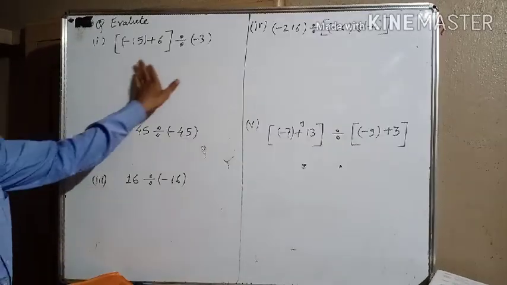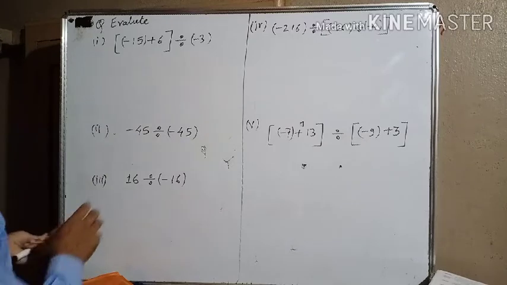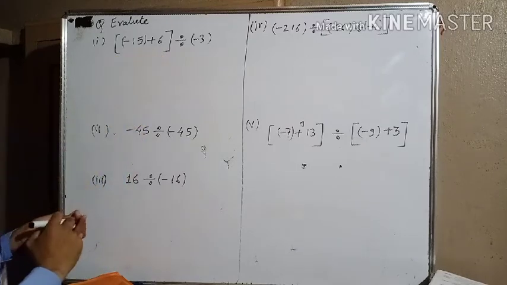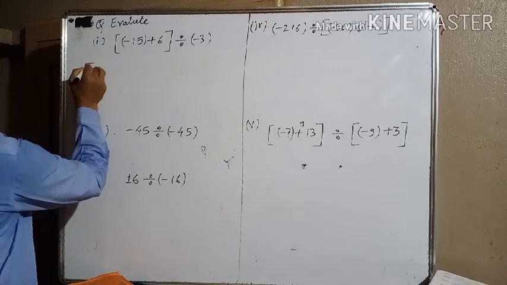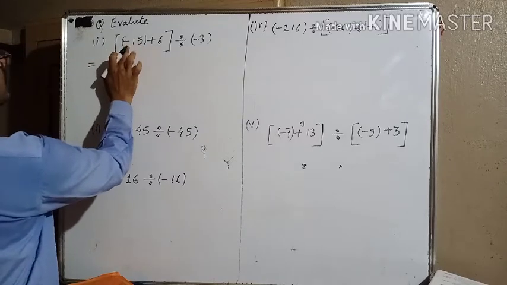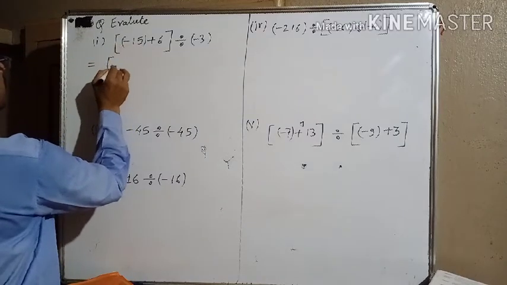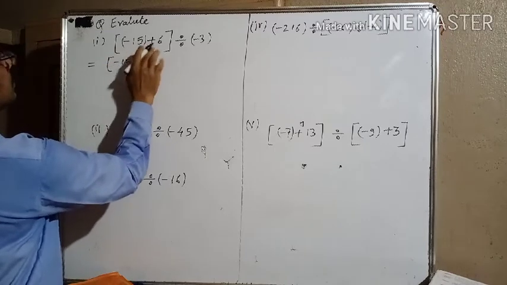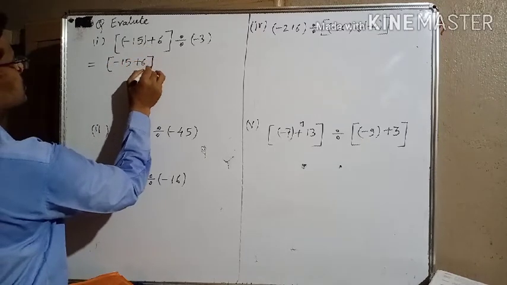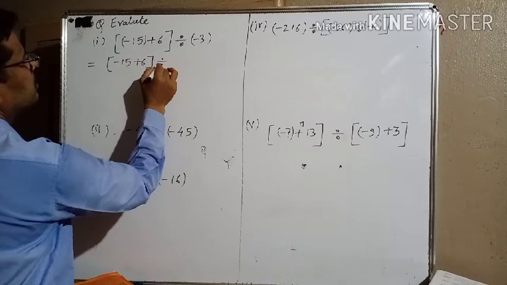Now evaluate this expression. How will you evaluate it? It is very simple. First we will solve the bracket. Here is the equal sign. Here first bracket, here minus sign, here plus minus minus. So I will write here -50 plus 6, divided by